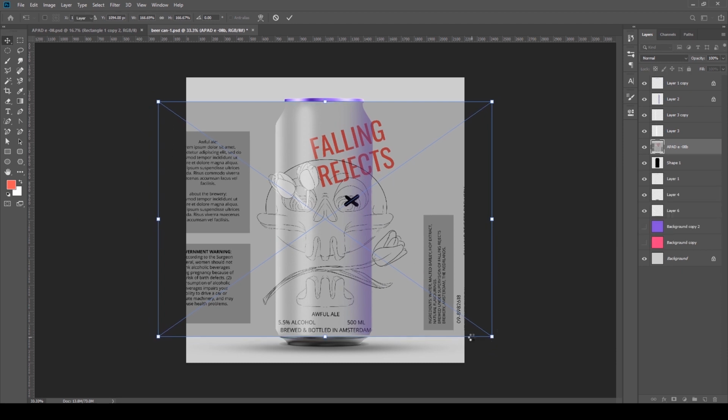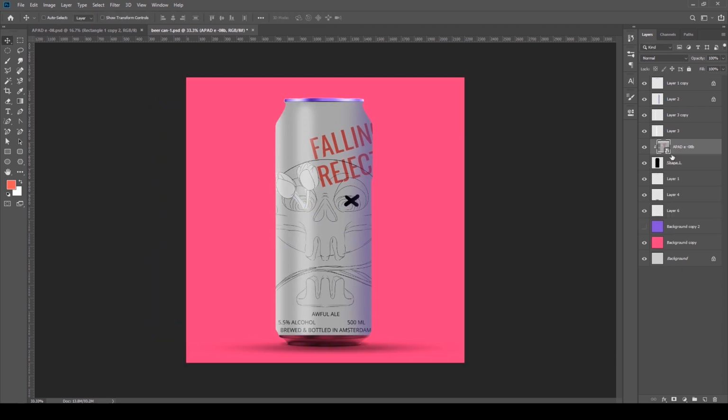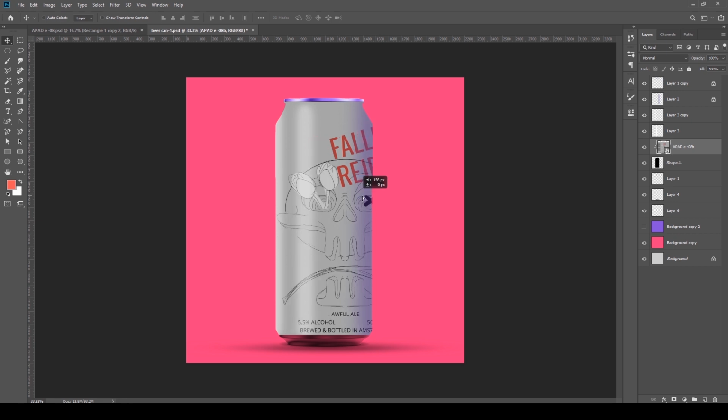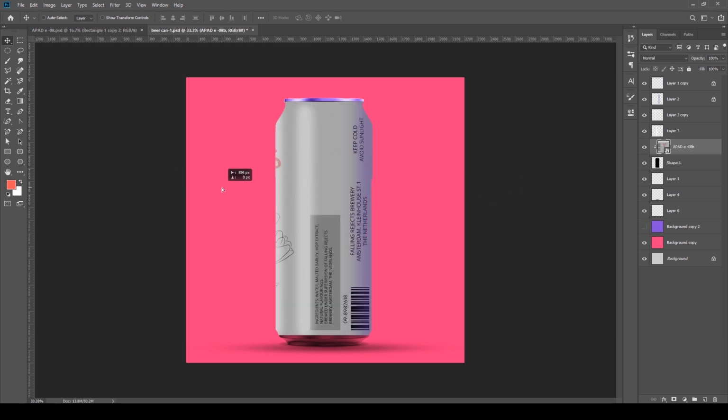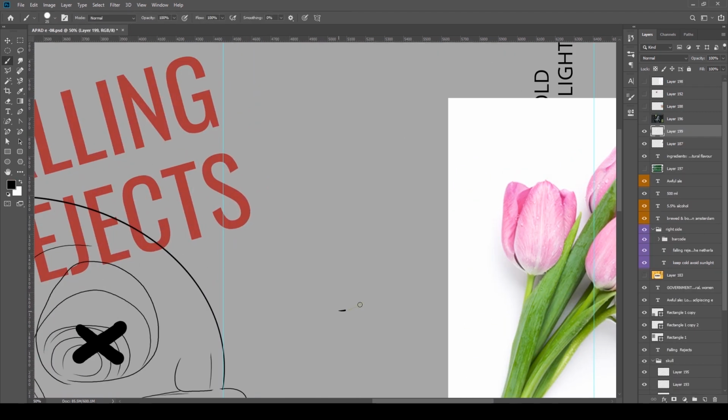Okay, so I tested real quick my design on a mockup, as you can see, and it looks okay. I mean, the layout seems to be working nicely, so yeah, I just kept going. Now